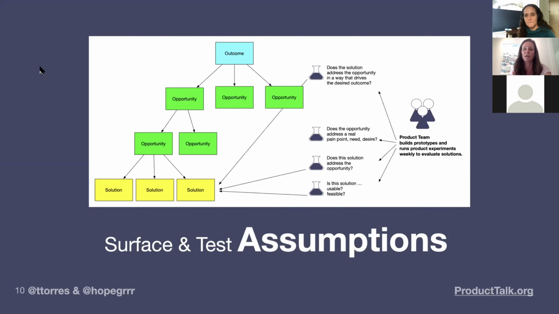I think sometimes the assumption language, especially when working with other stakeholder partners, can trip people up, because they sometimes don't want to be constrained to that criteria. Because they think, well, if you're only going to test it with 5 or 10 people in a prototype, and then you conclude that it's a false assumption, that might limit our opportunity, or we might be taking an idea out of commission that I still believe in. And so it's super important to be thinking about not just the product team, but who else will need to believe and have confidence in the decision and the action that you're going to take based on how you draw the line in the sand, and how you verified whether it was true or false.